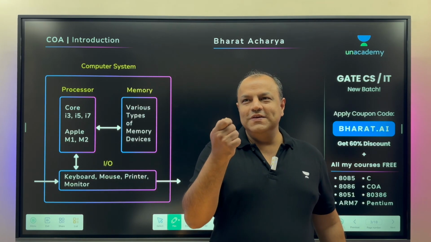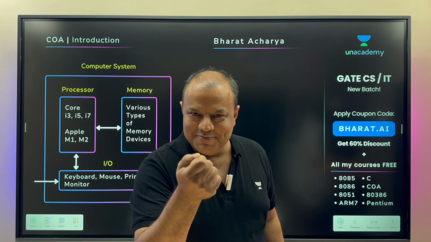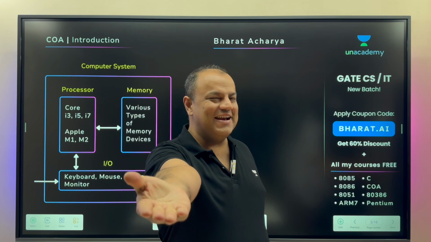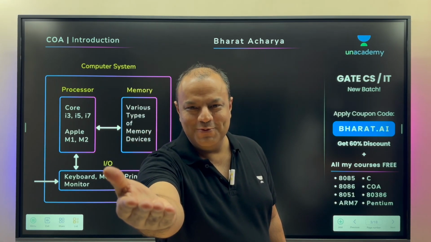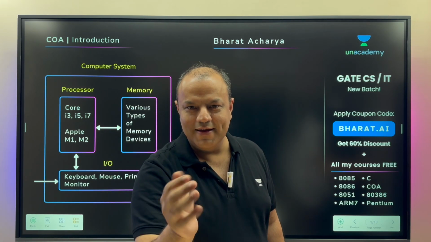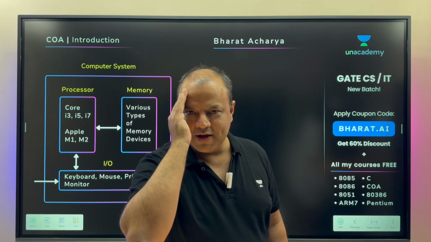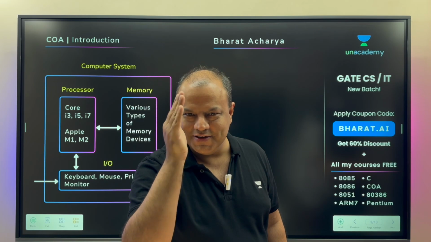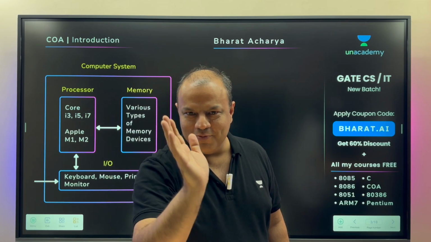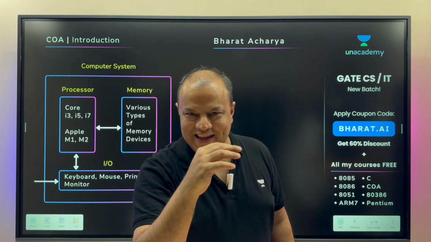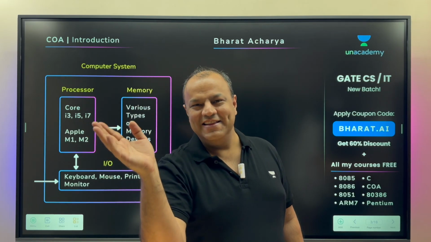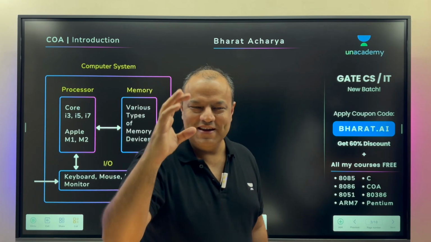I still want to see students telling me the two basic memories, primary memories, exactly, RAM and ROM. If I said the word memory and the first thing that came to your mind was RAM and ROM, you and I are on the same page. For a computer engineer, IT engineer, memory means RAM and ROM. Everything else is secondary. I mean it, literally. Everything else is secondary memory, and then there is cache. The primary memory is RAM and ROM.